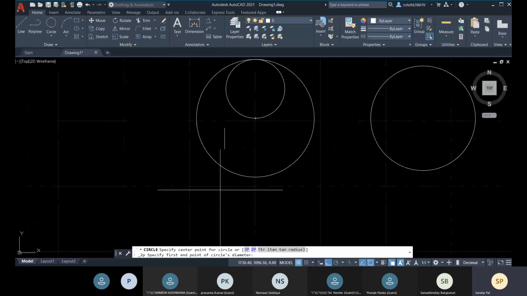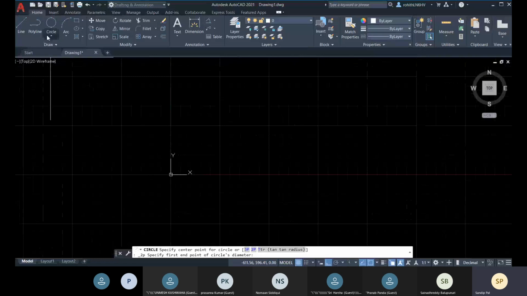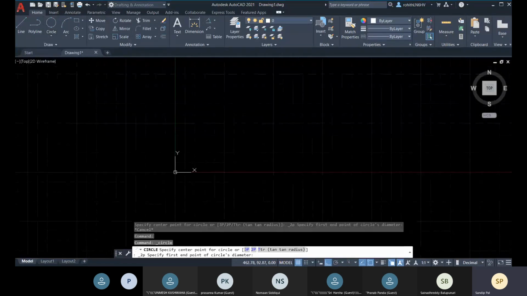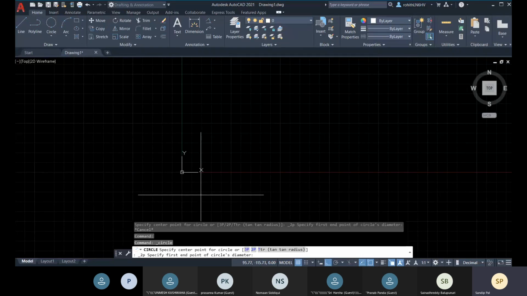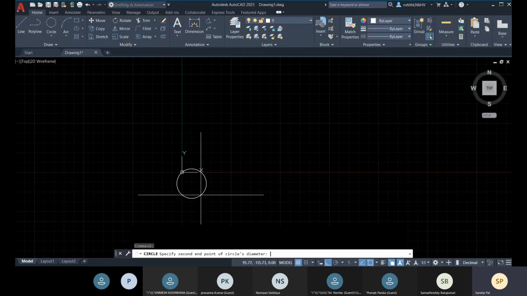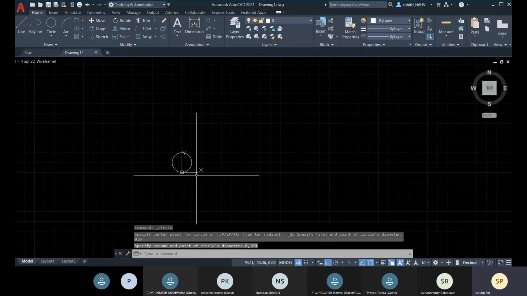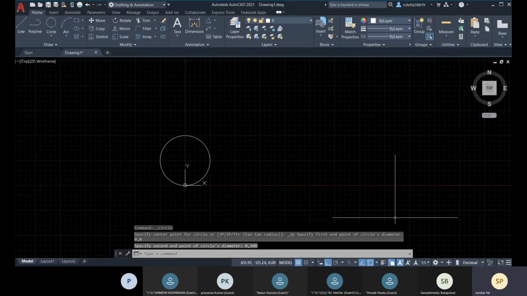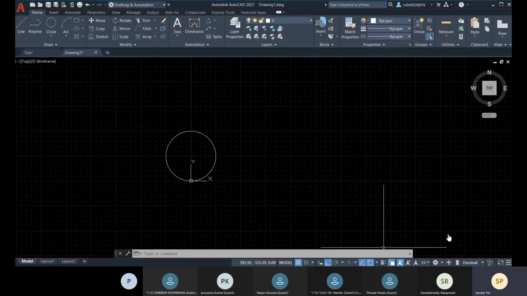Okay, so you can put coordinate values with this 2 point method. So let's place it like the first diameter endpoint will be at 0, 0, enter, and the second diameter endpoint will be at 0, 100. Now can you answer a question: what is the diameter of this circle now? Can you answer? Anybody?